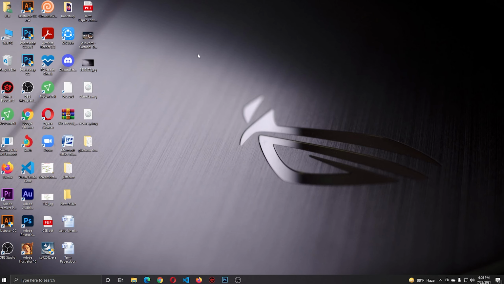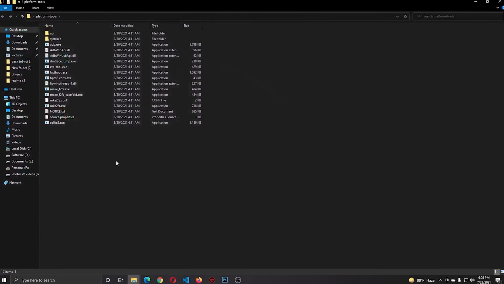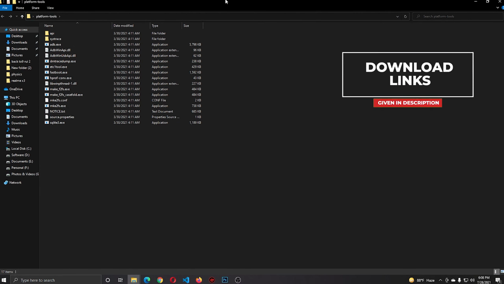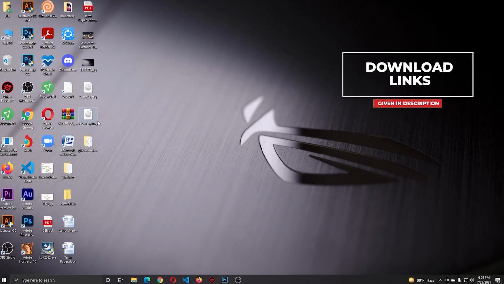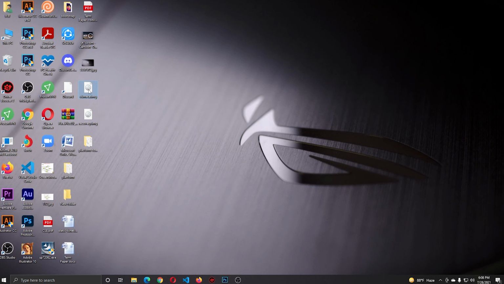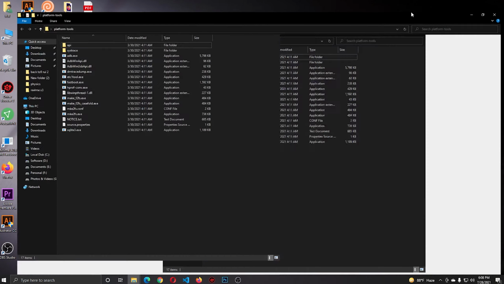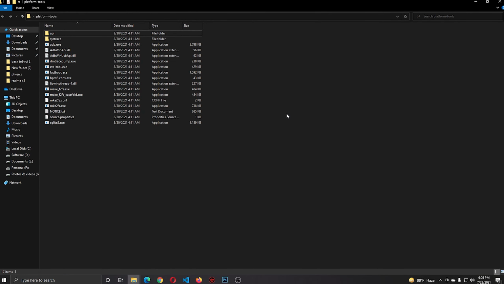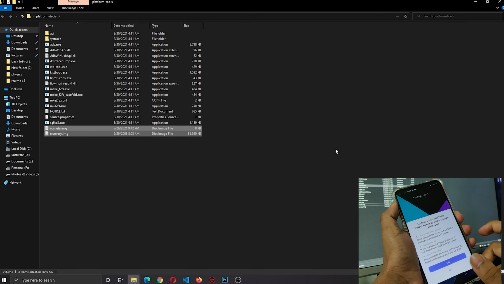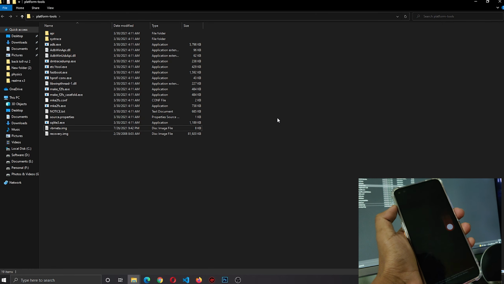First you need platform tools on your PC. And second you need the Orangefox recovery file and the vbmeta file. Here you can see the vbmeta file and the Orangefox recovery file. Now copy the vbmeta file and Orangefox recovery file to the platform tools folder. Now turn off your phone.